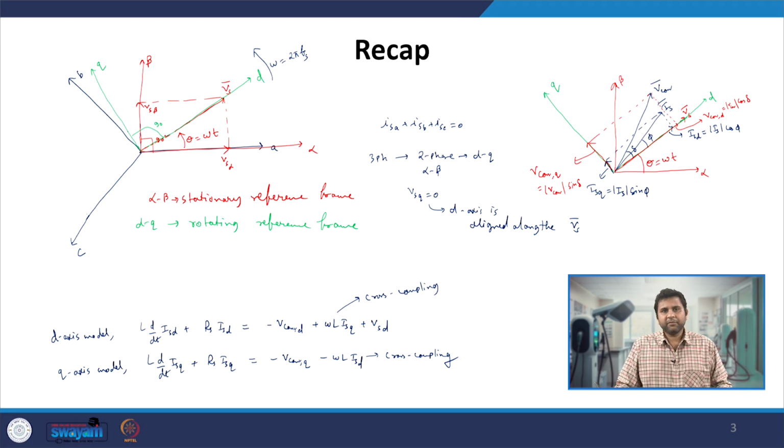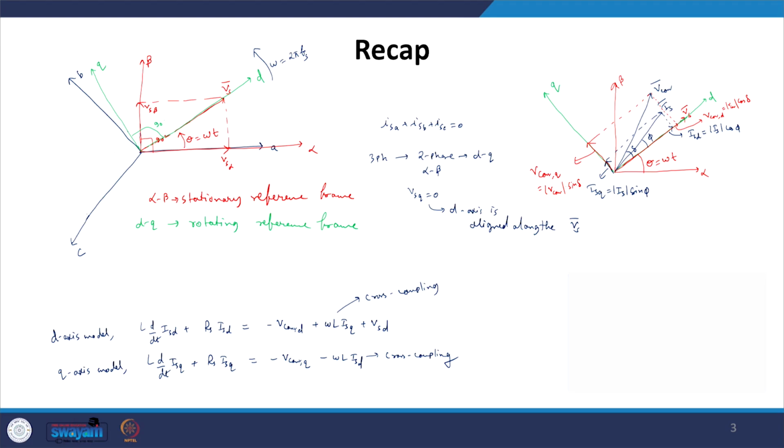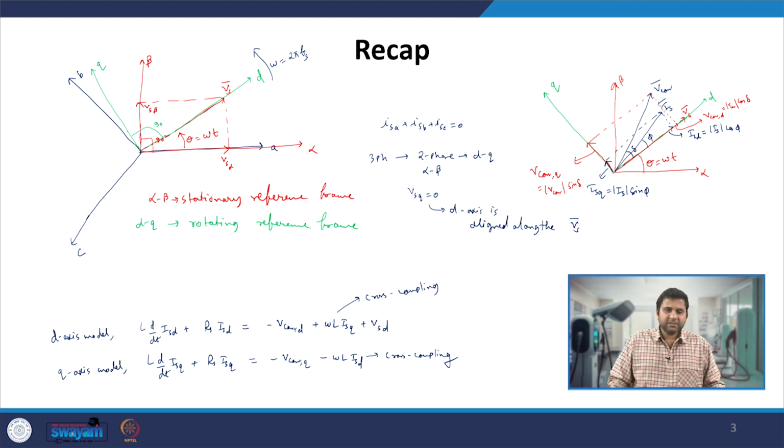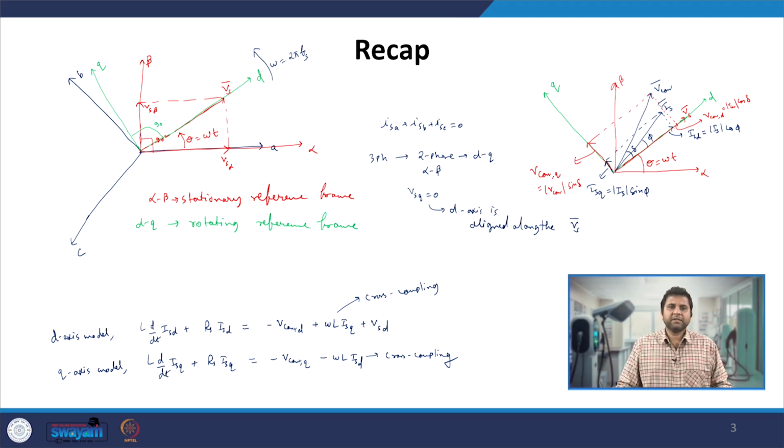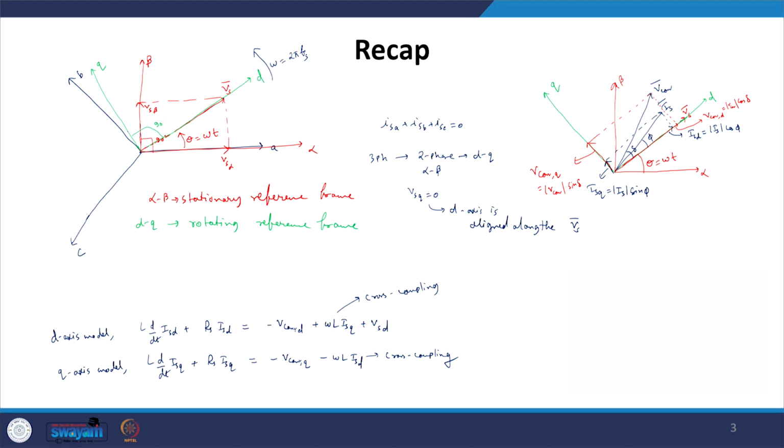One is the alpha-beta reference frame, which is a stationary reference frame where there is a voltage space vector rotating in space with angular speed equal to 2 pi fs, while the alpha and beta axes are stationary in space. Since alpha and beta are 90 degrees apart, the components of the Vs space vector along the alpha axis and beta axis are independent of each other. Whenever you change the alpha component, the beta component is not impacted, and vice versa, and that is when we can achieve independent control of the two alpha-beta components. That is the stationary reference frame.